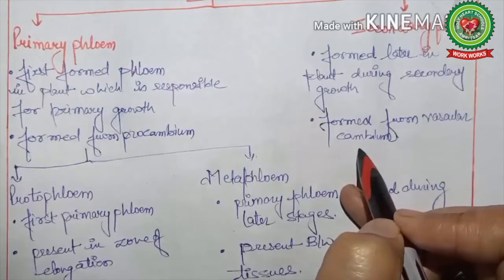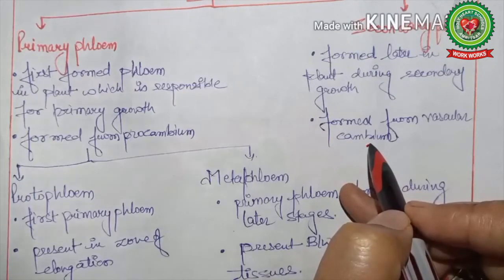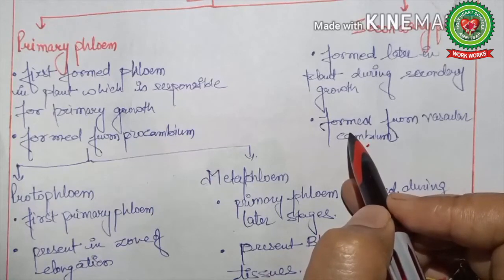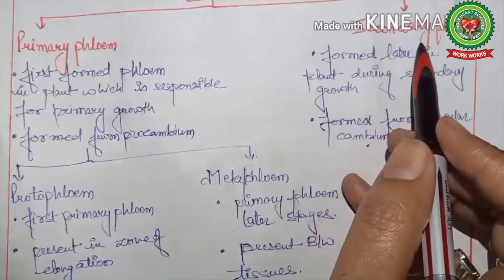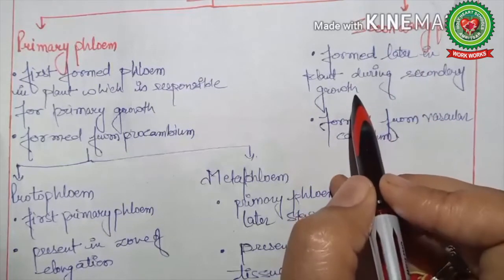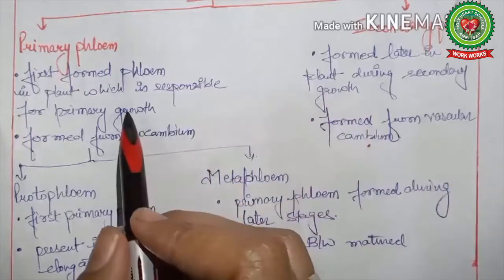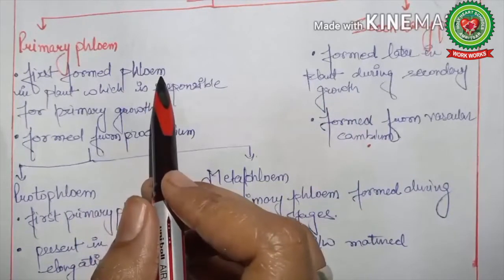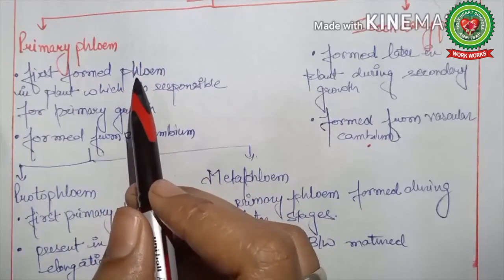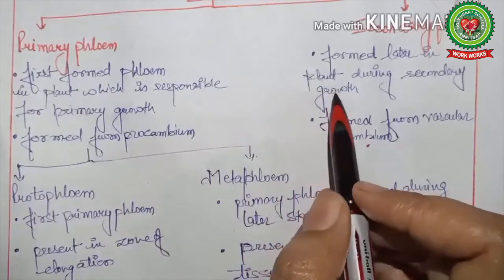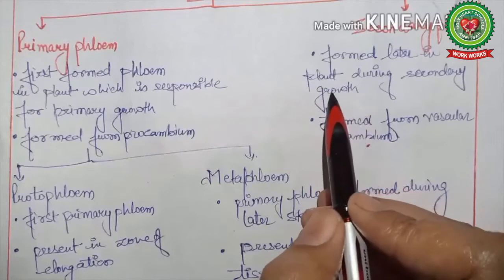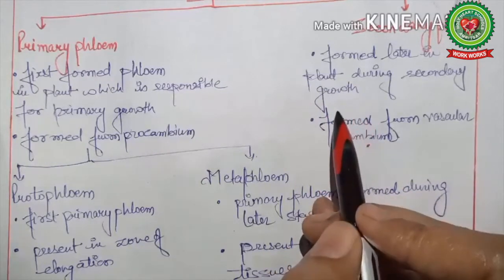Primary phloem is not crossed by lignified fibers or medullary rays, whereas secondary phloem is crossed by bands of lignified fibers and medullary rays of parenchyma. Primary phloem contains sieve tubes and companion cells. In dicots, it may have very few fibers, sclereids, and scattered parenchyma, whereas secondary phloem contains sieve tubes, companion cells, a large number of fibers, sclereids, and parenchyma.